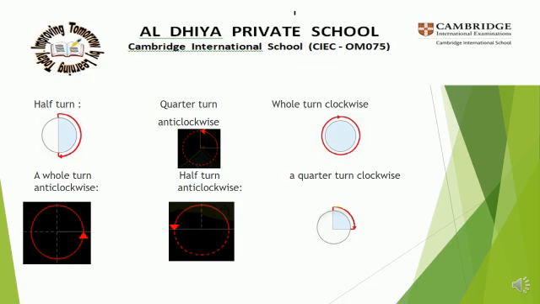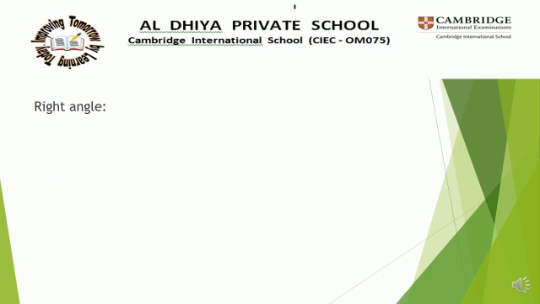And the next thing is right angle. What is right angles? Do you have any idea of right angles? Okay, before explaining deeply, first I will give the definition. An angle of 90 degree. What is right angle? An angle of 90 degree as in the corner of a square. Okay, as in the corner of a square.